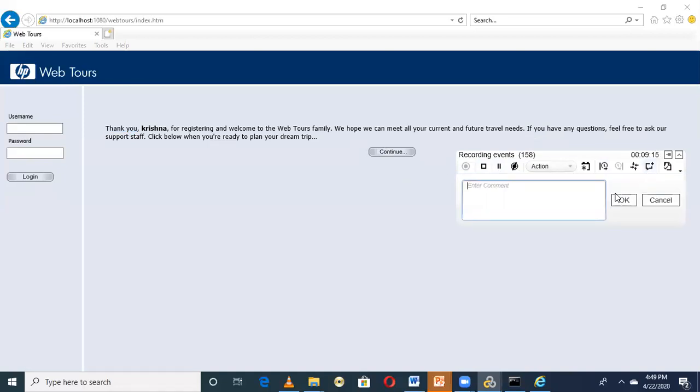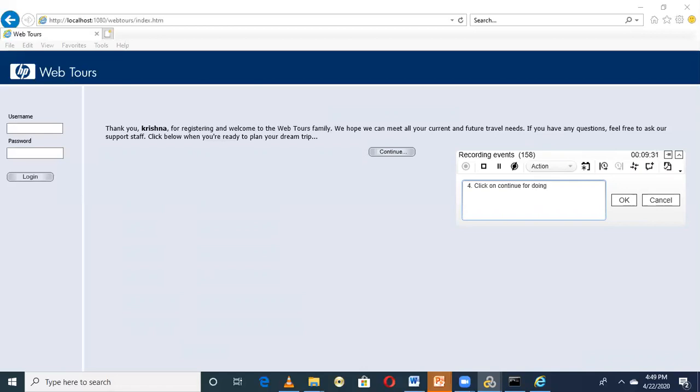So again we go for the fourth step. What is our fourth step? Click on continue for doing the login process.